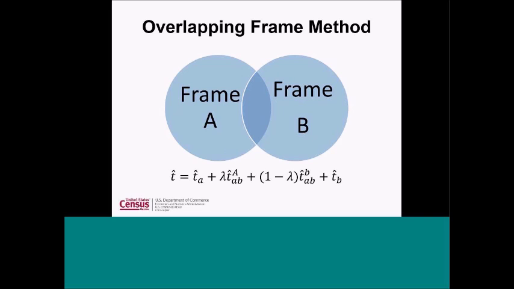So traditionally what we do here is we do the estimation for the intersection from both frame A and frame B, and then we average over them, based on some lambda. There's a lot of literature about what to pick there. The standard thing, and the thing that seems to be used a lot in practice, in a survey that I used to work on, the National Survey of College Graduates, is what I call the McCarty value, which is just, in this case, half. So you're just taking the average of the two estimates.